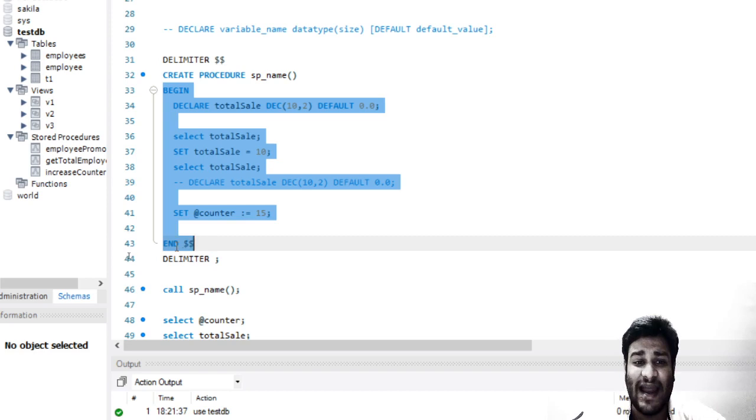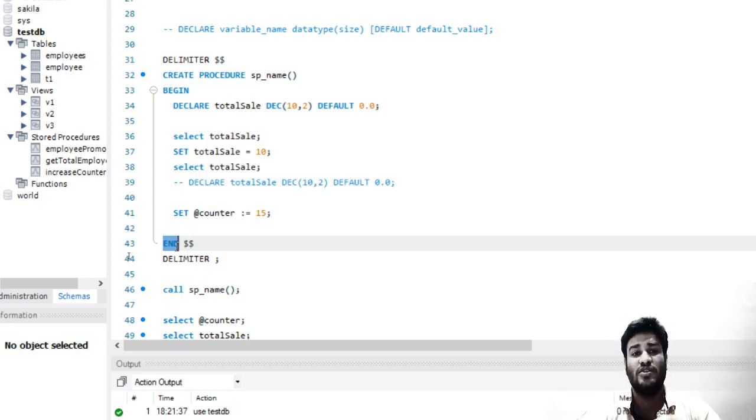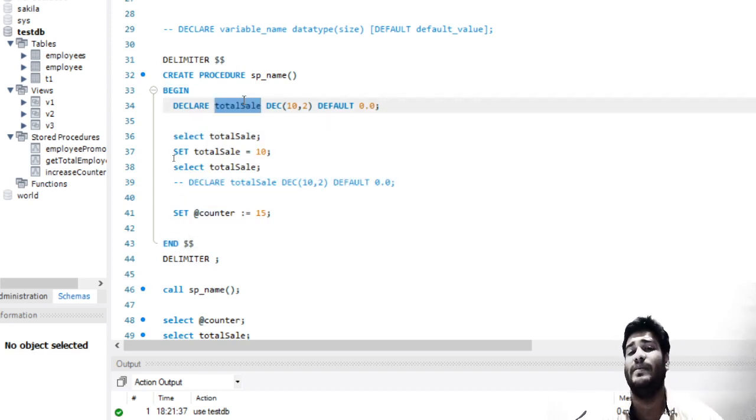As soon as the inner END comes, the scope of the variable is over, and if you use it outside, it will throw an error saying that the variable does not exist. So this is nothing but a local variable, or you can say a simple variable in MySQL.